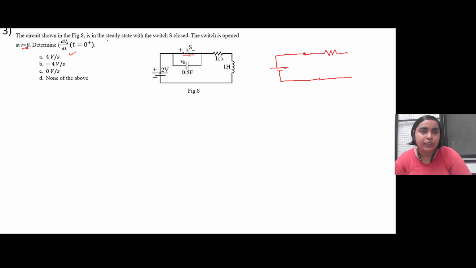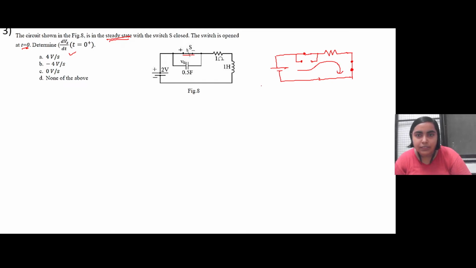Remember the word steady state. At steady state, what happens to the capacitor? Open circuit. Right. And the inductor is short circuited, right? So the current that is actually flowing through this inductor